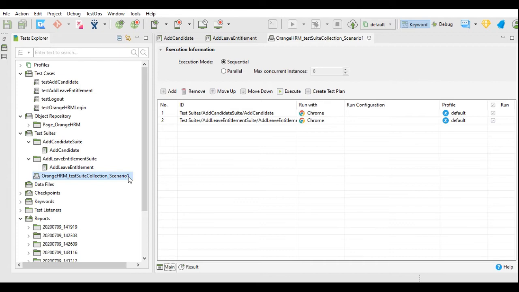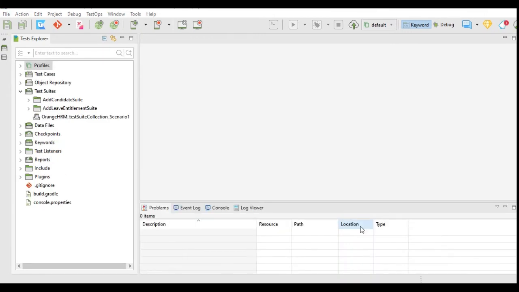So you will add one test suite or two test suites multiple times and run them parallelly. One more requirement can be test data generation, so you will have to execute the same test with multiple test data iterations. These are a few of the objectives which we need to keep in mind while creating the test suite collection, and we have to create the test suite collection accordingly.